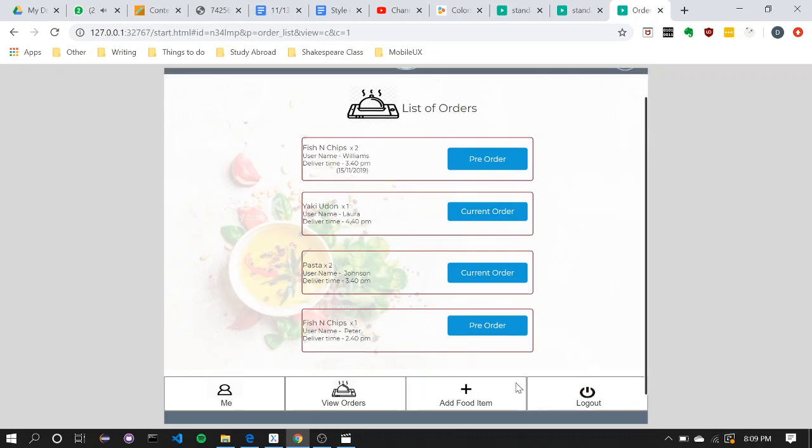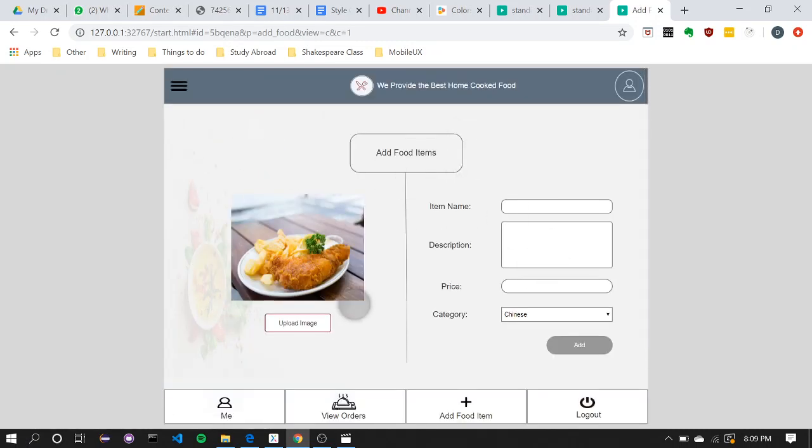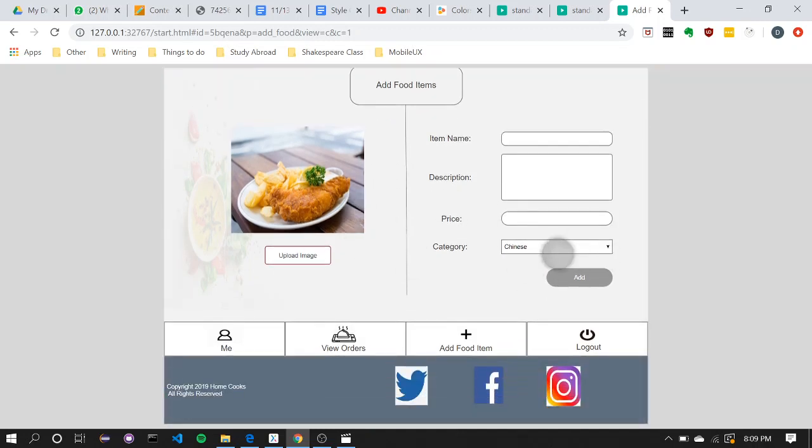And then if I click add food item, I will be taken to this screen where I can upload an image of the food, name, description, price, and what category it's under. And then I would click add, and the item would then be added successfully to my